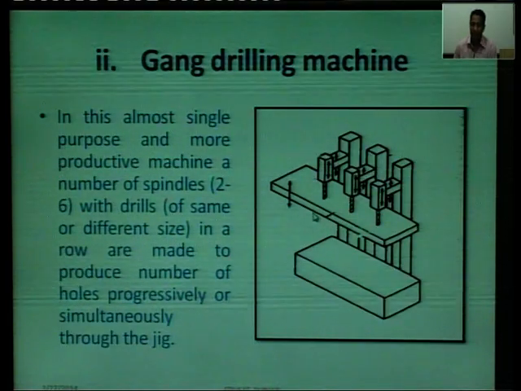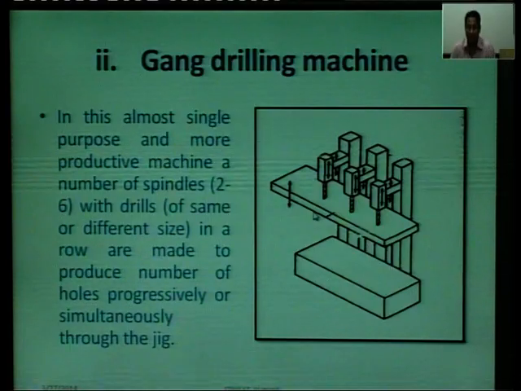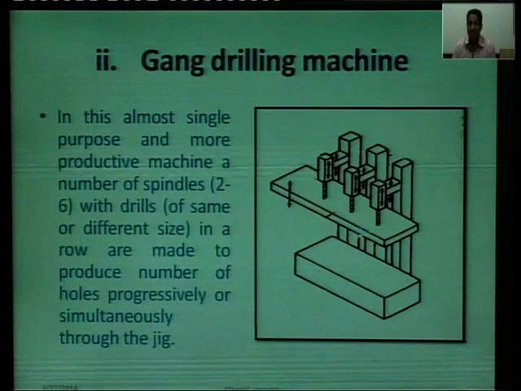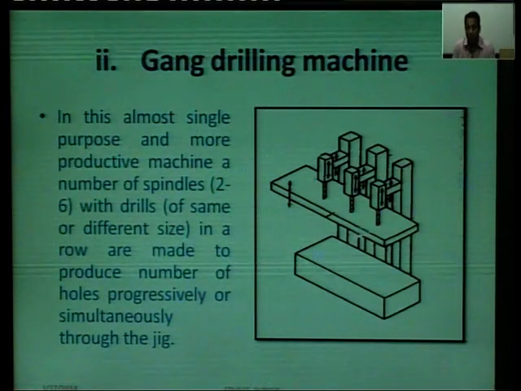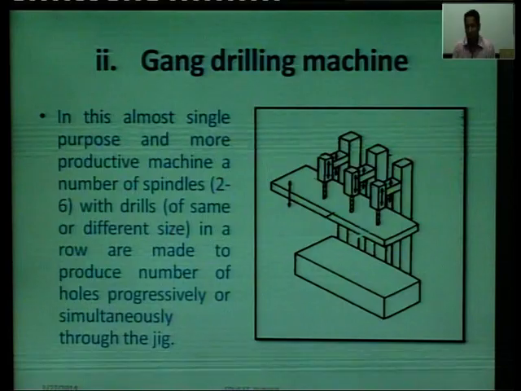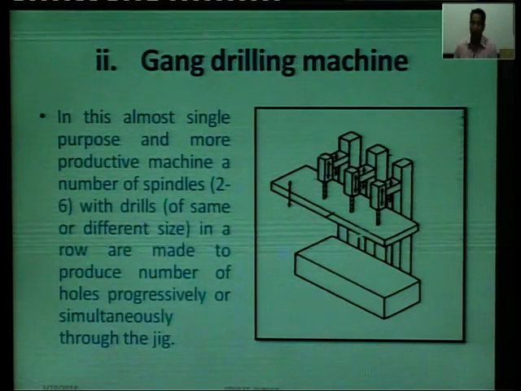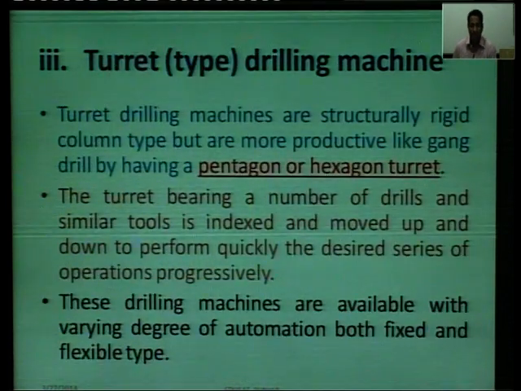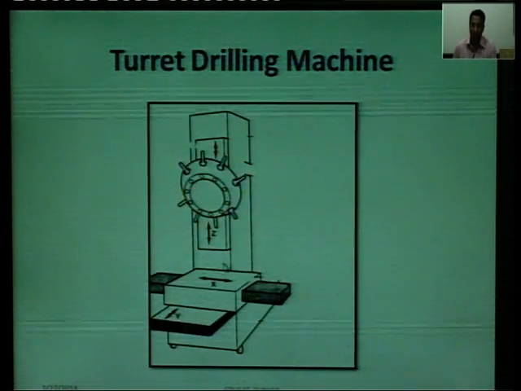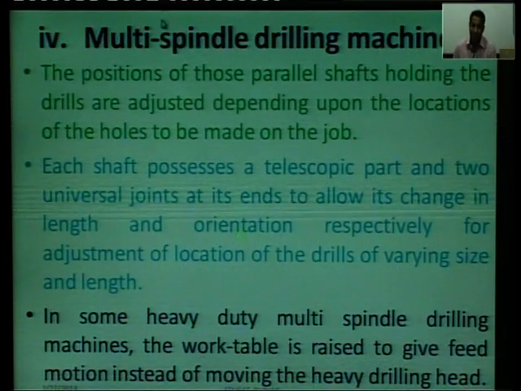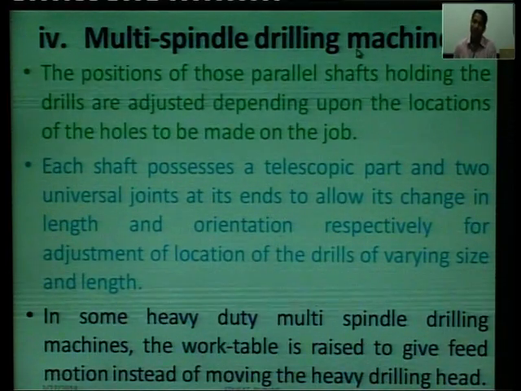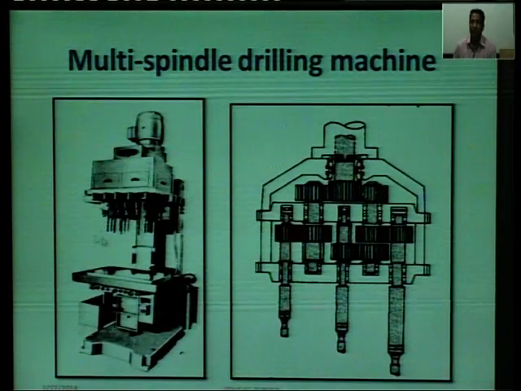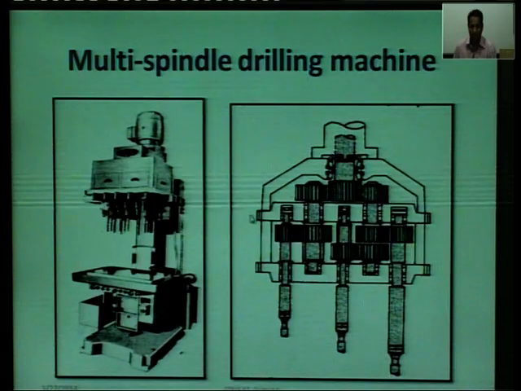You see where it is possible, large size jobs like the wing of the aeroplane. When we have to drill holes in the wing of the aeroplane, this kind of machine is used, or the outer surface of the bogies, the outer cover of the railway bogies, trains, there we are using these drilling machines. This is the turret type of the drilling machine. This is another type of turret type of the drilling machine. Multi-spindle drilling machine is the same as the example of the gang drilling machine, but it has a multi-spindle. You can see this is a multi-spindle drilling machine.